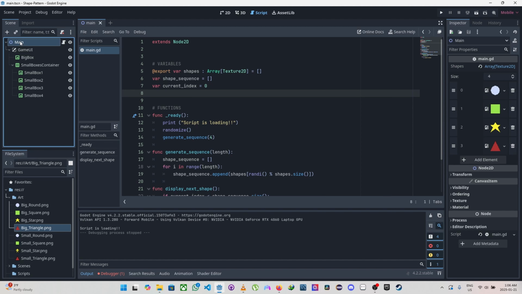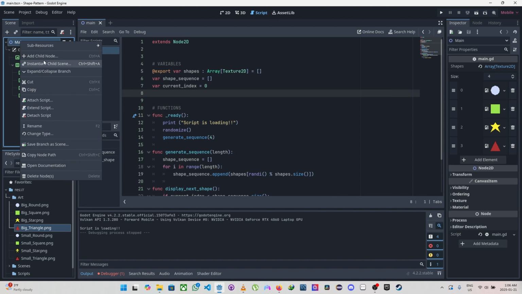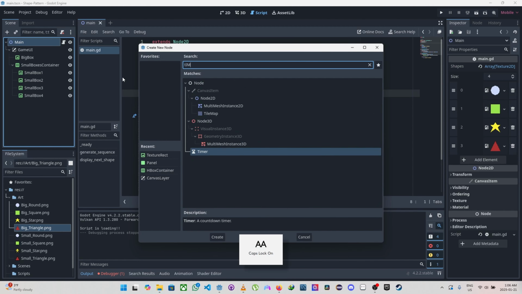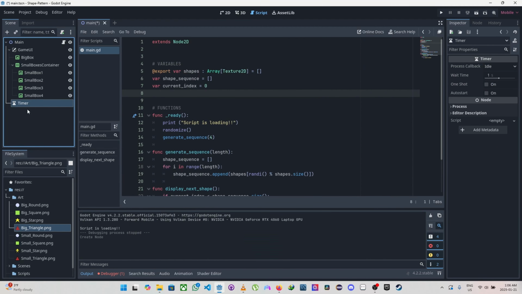So let's click our main, add child node, and a timer. Good. Let's call this timer sequence timer. Then we'll select it. Let's say 1 second is okay, and auto start should be off. Good. So next now would be to